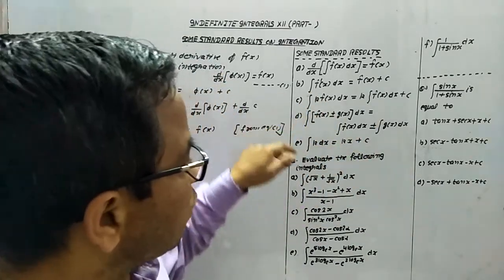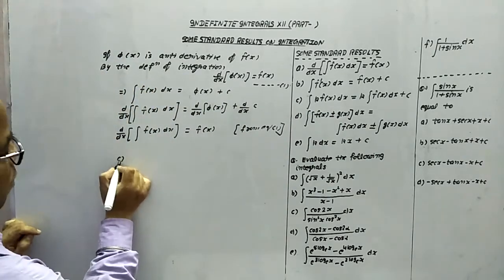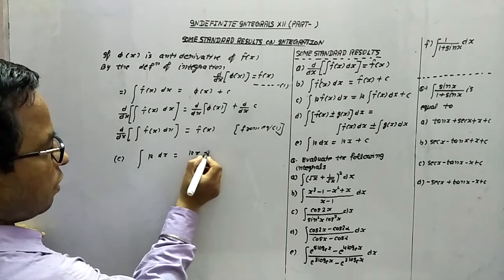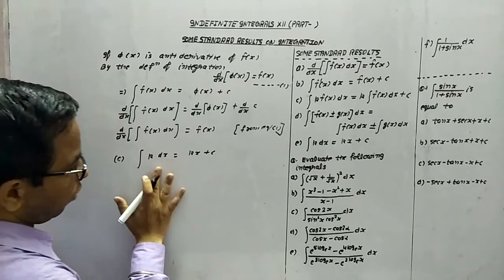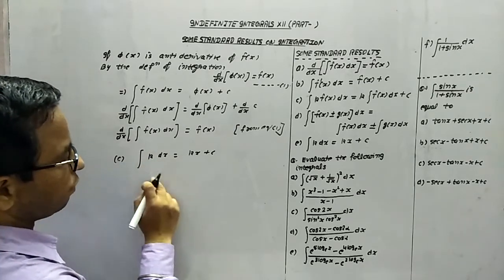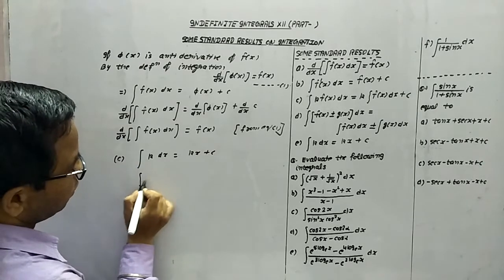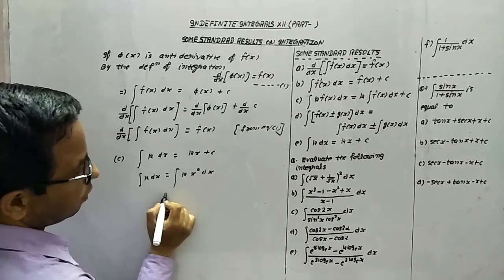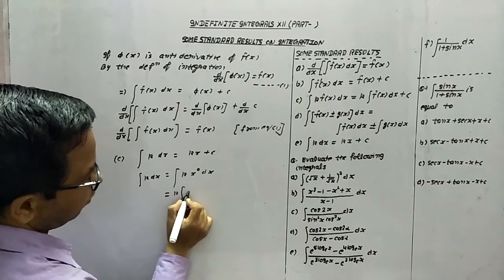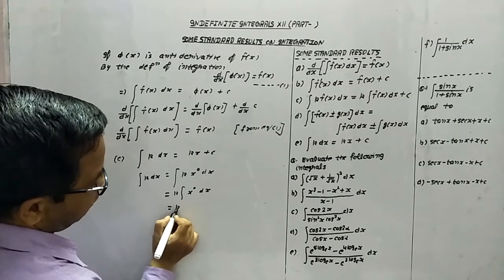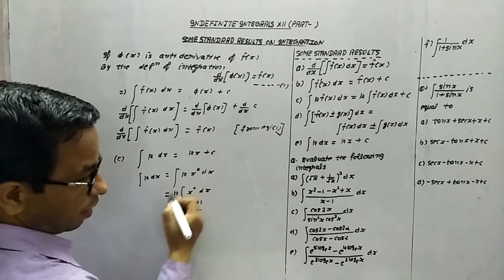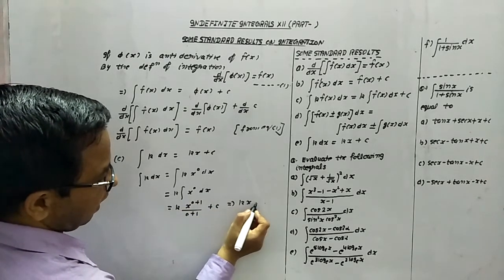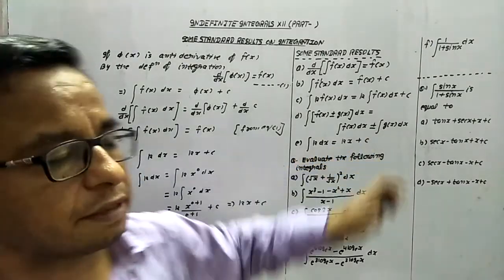Now, on the basis of this, first look at this e part. Here we observe that integration of k dx is equal to kx plus c. This is very important. It means if we have a constant, then the result of integration is kx plus c. How does it come? Integration of k dx, you can write as integration of k x raised to power 0 dx. Now k is a constant, so it comes outside: k times integration of x raised to power 0 dx. By the formula, that is k x raised to power 0 plus 1 over 0 plus 1, plus c. It means kx plus c, and this is the result.